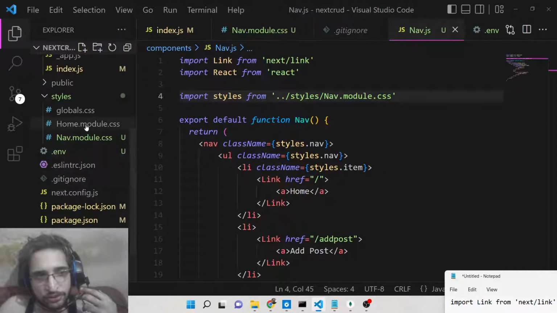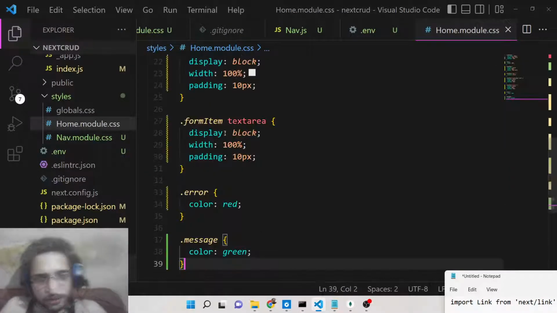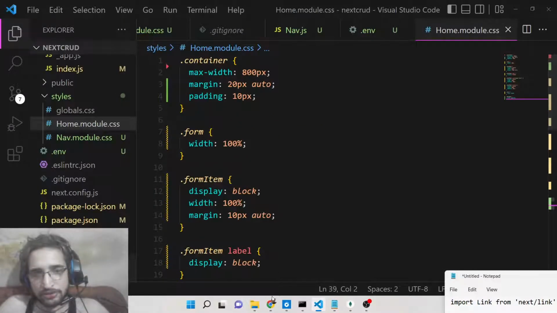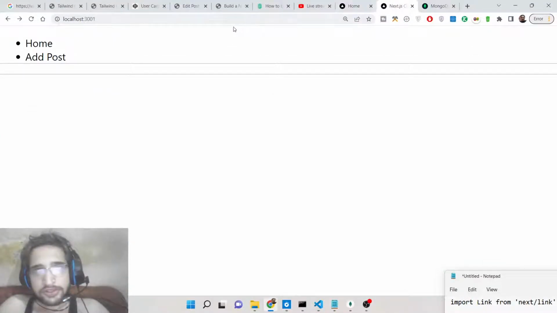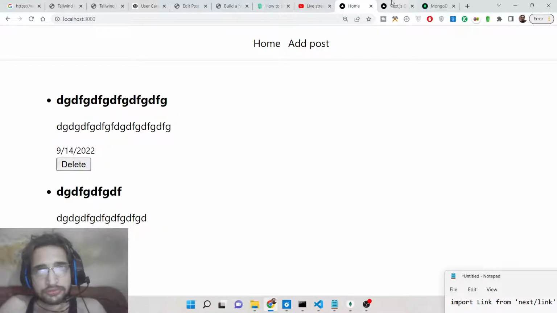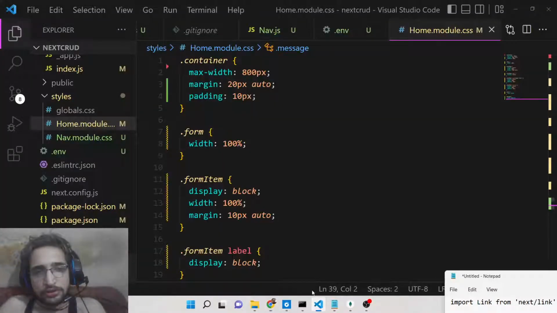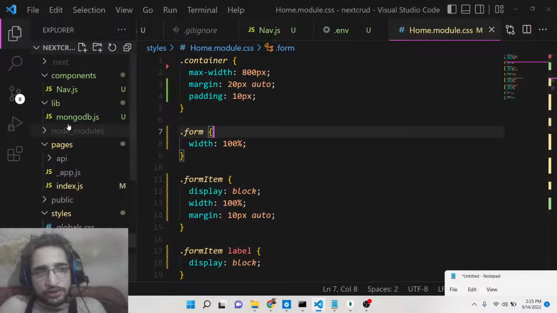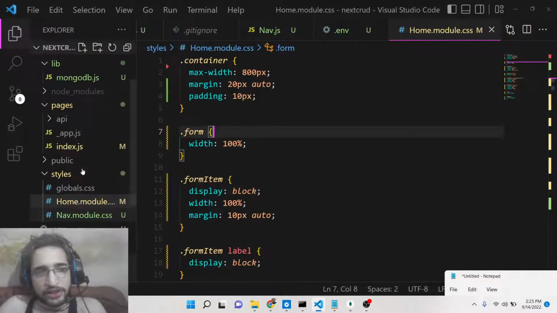So just go to home.module.css and simply remove this and paste this code. That's it. If you refresh it,